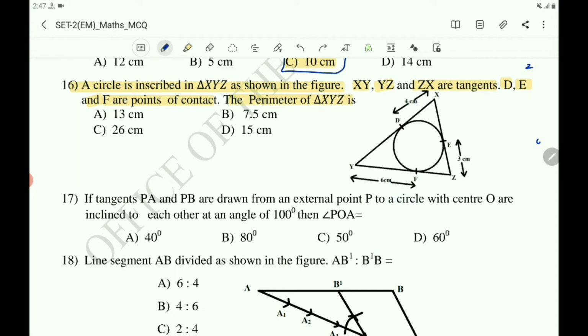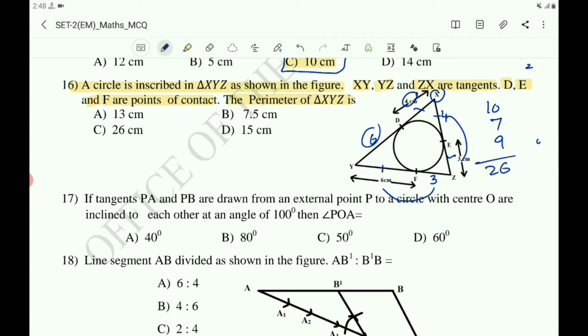So here this is given, this is 4, so these two are equal. Tangents from the external point X are equal. Again EZ is given, that is 3, this is also 3. And here this is 6, means this is also 6. You must use the property that tangents from the external points are equal. So here 6 plus 4, 10, 4 plus 3, 7 and 6 plus 3, 9. You have got here 9 plus 7, 16. 16 plus 10, 26.